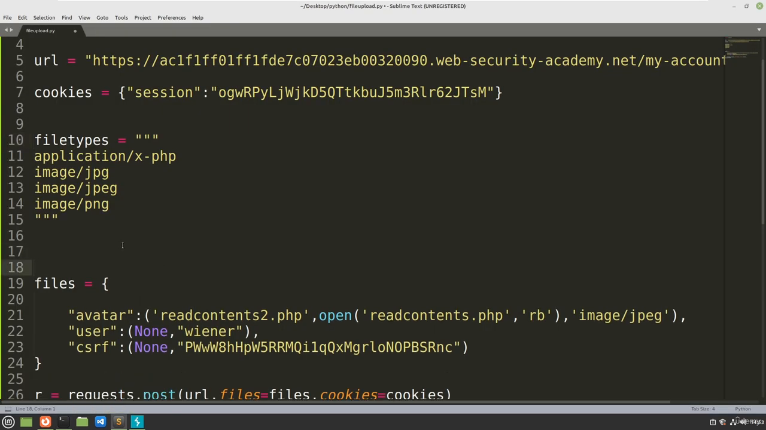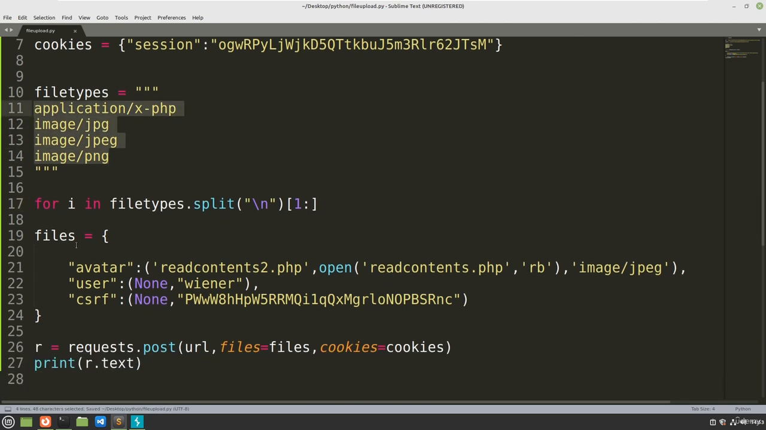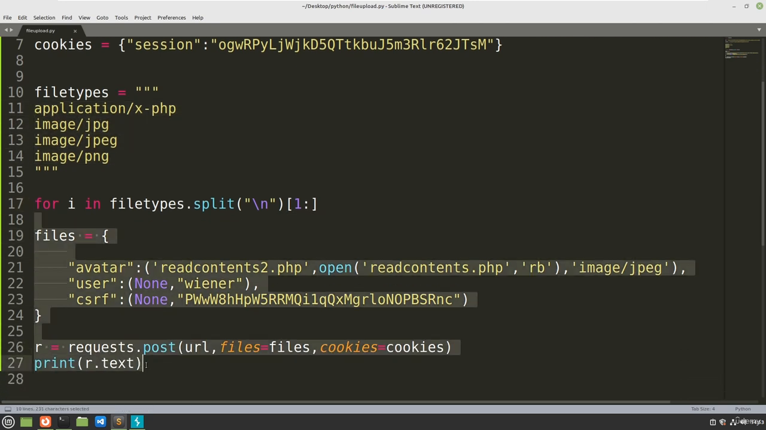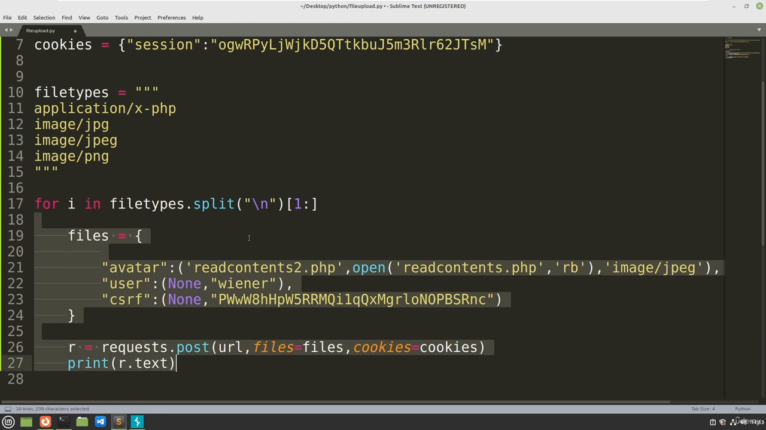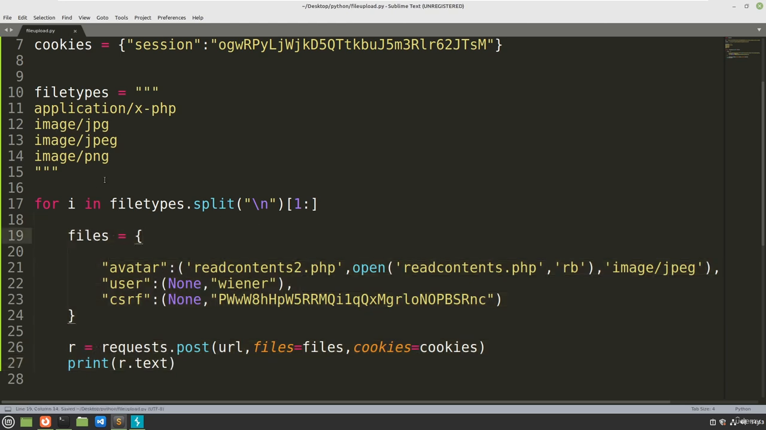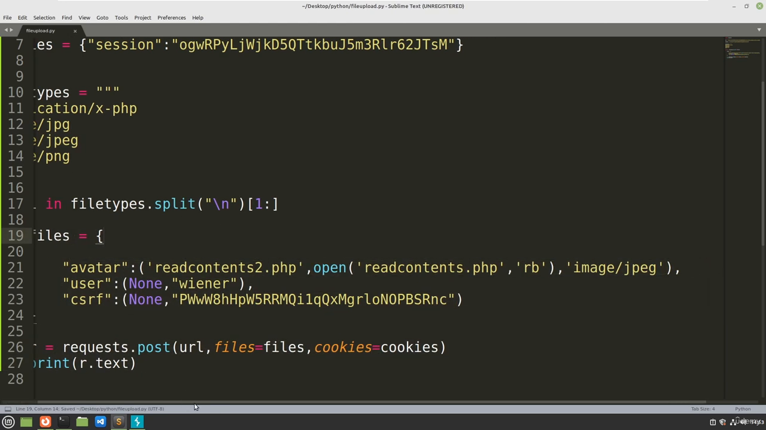Now what I can say is for i in file_types.split of newline. I want to remove the first one, because this is also an empty line. So I can say from 1 onwards. So this will remove the first line and we will get only these values. Now tab this one. So select all of this content and press tab. So for every file type,